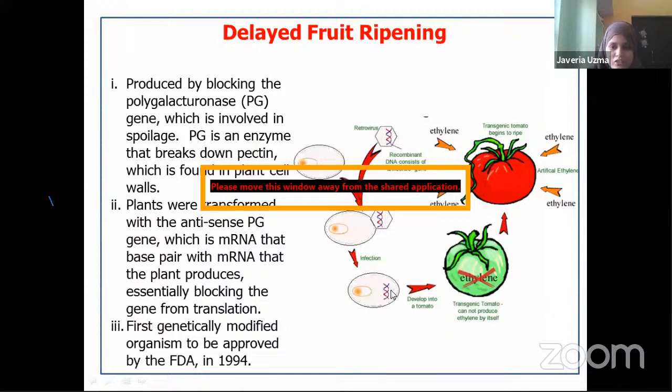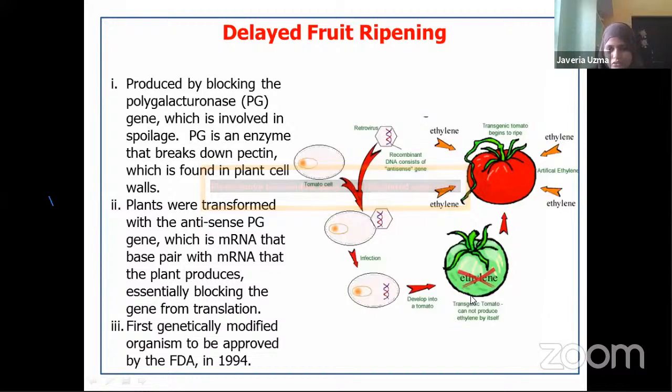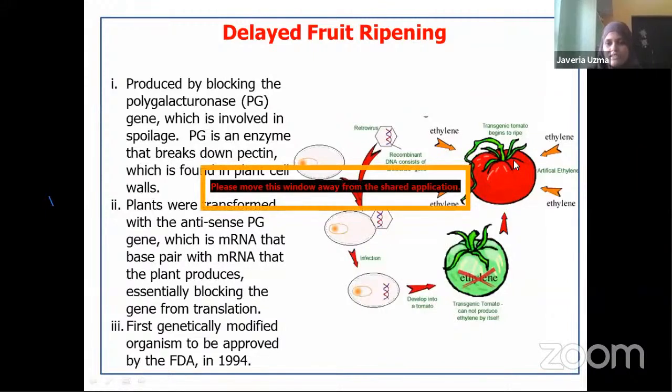This viral genome, which is introduced into the plant cell, will not allow ethylene to develop in the plant. So this ethylene will not be developed in the tomato fruit. When ethylene is not developed, it will not become ripe. It will stay green only, and it will accumulate more taste qualities. So after bringing it into the market, if you spray external ethylene, it will ripen, and the plants will be